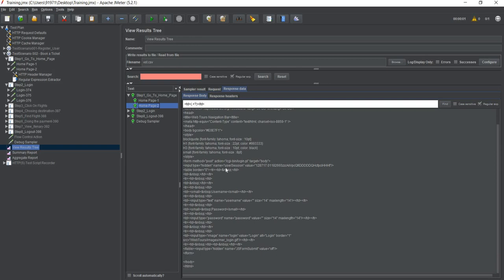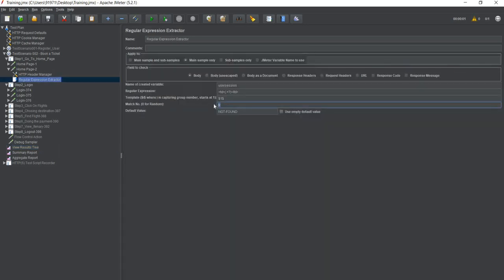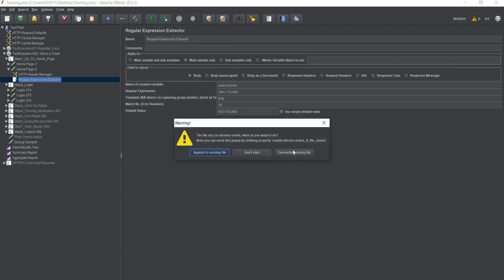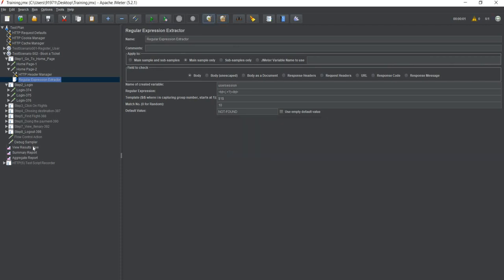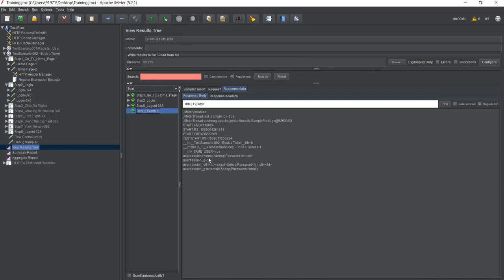We can see over here, this is the first, this is the second, third, fourth, fifth, this was the 6th, this is the 7th, this is the 8th, this is the 9th, and this is the 10th value. The password one is the 10th value. So that's why it was not coming right. Then I can go ahead and say 10 and then run it again. Go to view result tree, debug sampler. Yes, now it is picking up the 10th value, which is password.